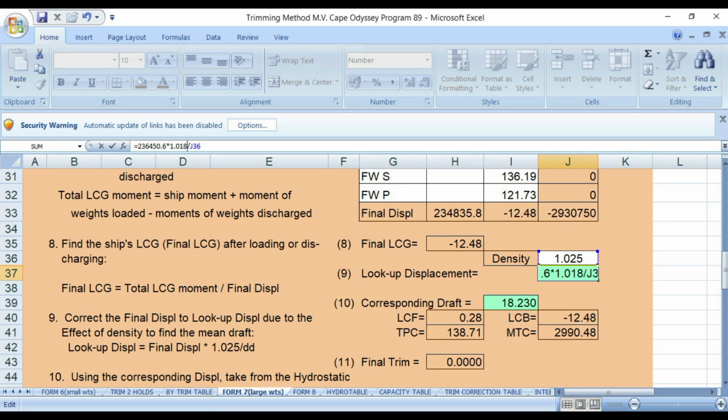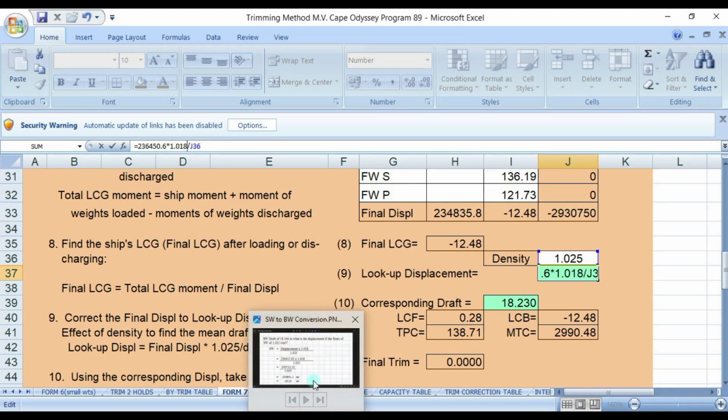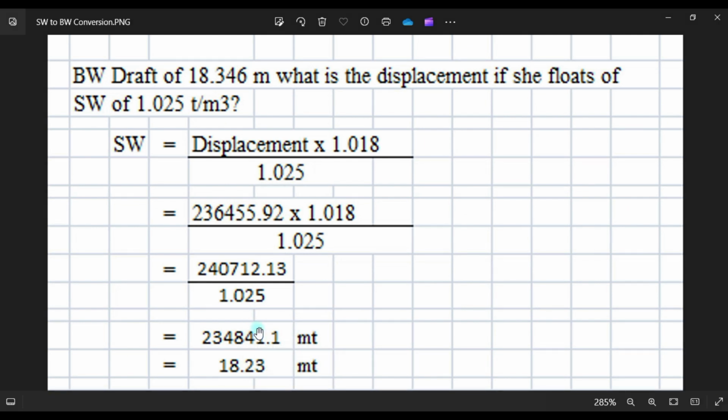Let's check the formula, guys. 23645.92. Okay, we'll just use the program.